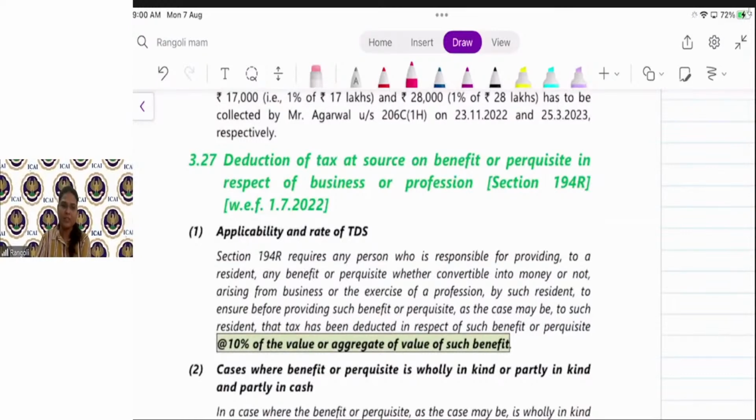So what this section says is, if any benefit or perquisite is given in the course of business to a person other than an employee of the company, because if you are providing any benefit to an employee of the company, then TDS is required to be deducted under section 192. So this provision is applicable if you are providing